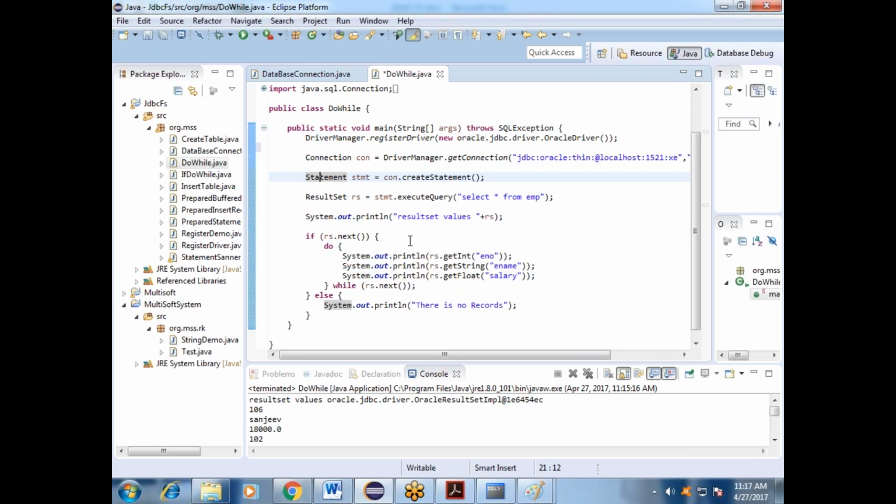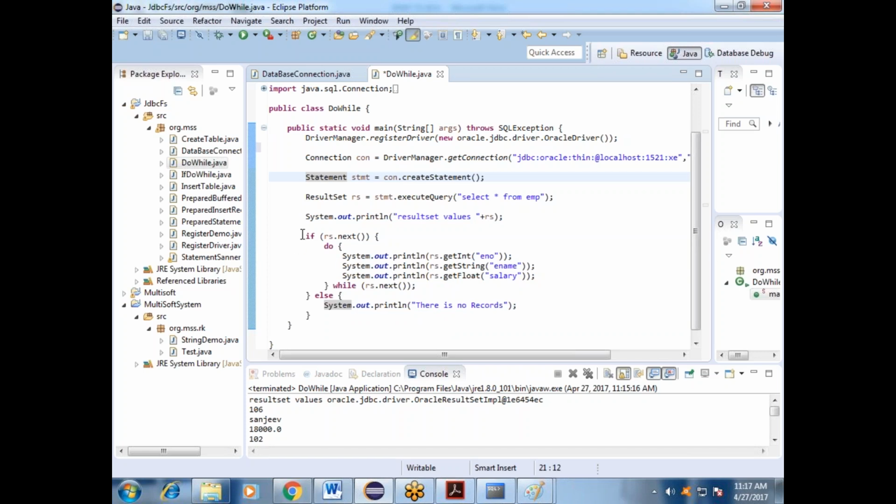Do you remember the Java JDBC execution flow? Can you say? Yeah, I remember the 5 steps. Register, give the connection to the database, then create statement, execute, and close. So first it registers, then gets the connection successfully, then creates a statement, and through that you can pass whatever your value is. And then we get the value.